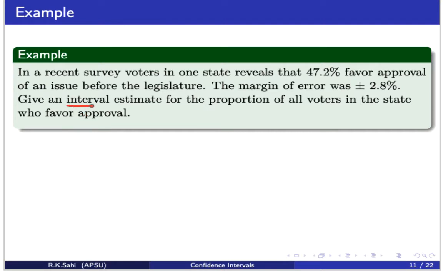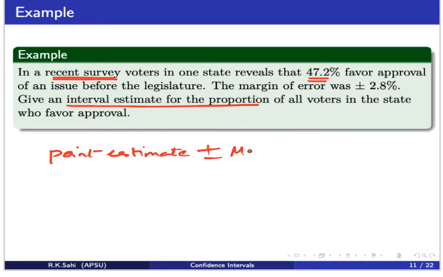For the proportion, that means for the population we're talking about, okay? So the moment you see the words recent survey, it says this many favor. So remember, the interval estimate is the point estimate plus minus the margin of error. It's basically an interval. Okay, so the point estimate over here is the sample proportion coming from a survey,